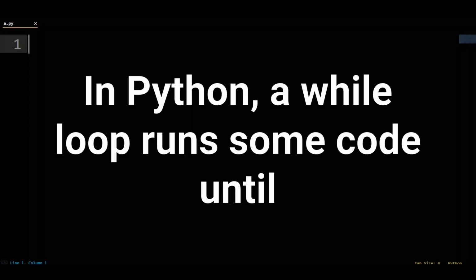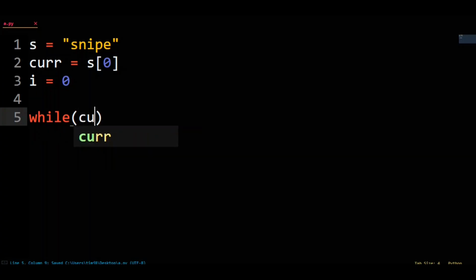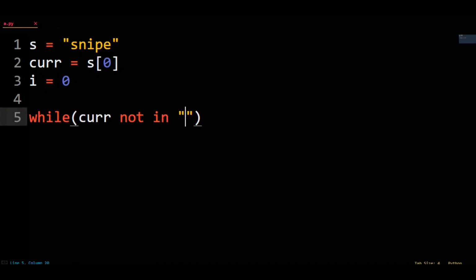In Python, a while loop runs some code until a condition is false. Let's do some examples. For this one, we'll find the first vowel in a string. s equals "snipe", cur equals s[0], i equals 0. While cur not in the string "aeiouy",